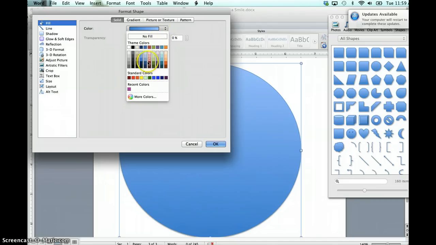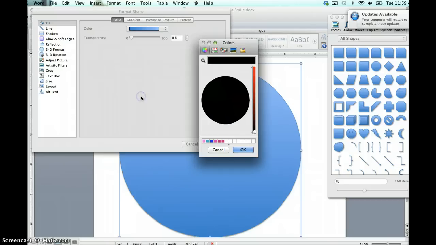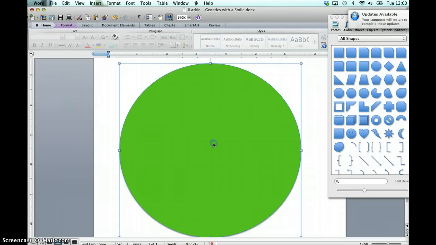For fun, I'm just going to give mine a green color, and if I don't like the green that I see, I can go over here to the color wheel and choose from a variety of green shades, and I like this nice bright green, so that's what I'm going to put in my color palette, and that's what I'll use. Okay. All right, next, our baby had